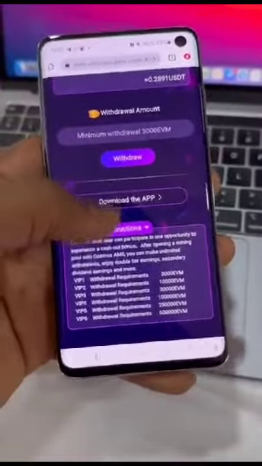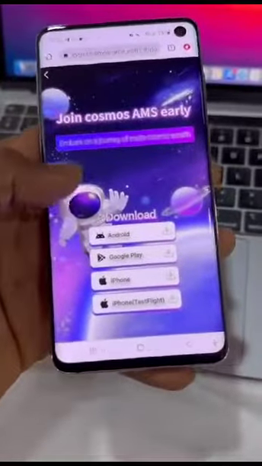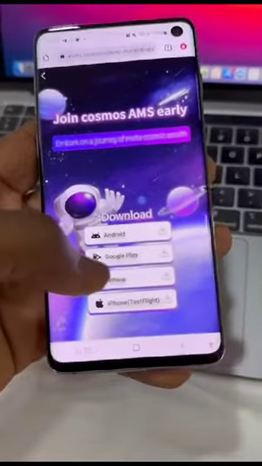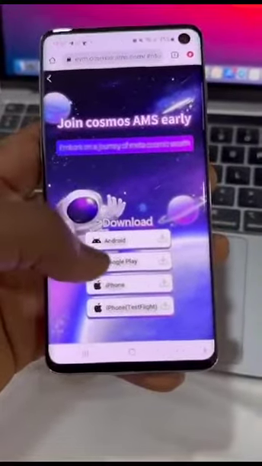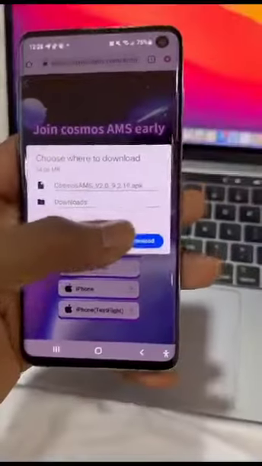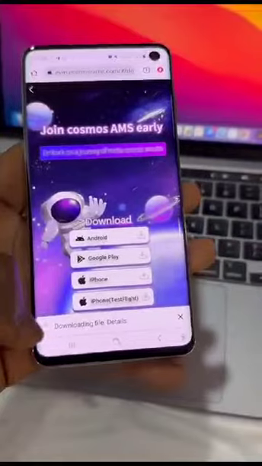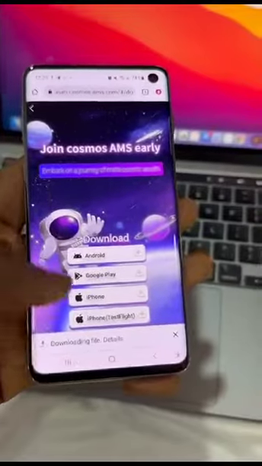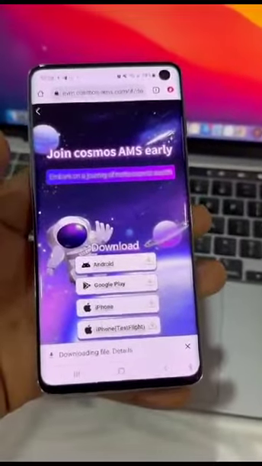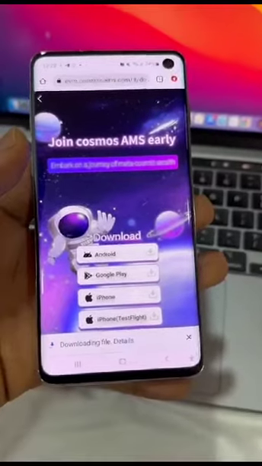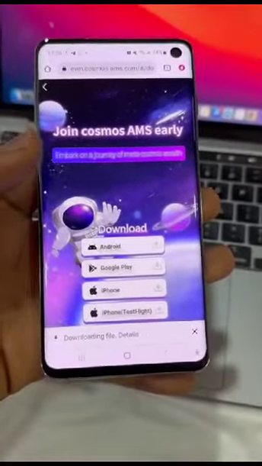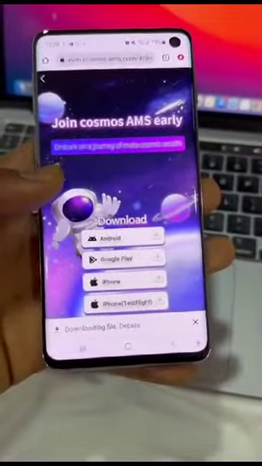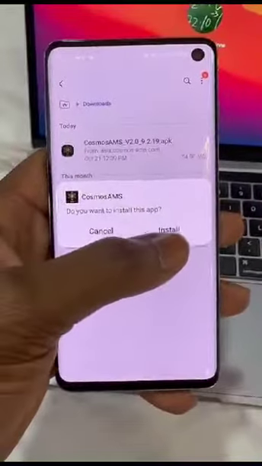But before you withdraw, to download the app, tap this section here. You can see Android, Google Play, iPhone, and I'm going to be going with Google Play to download it. You hit on download, and the file will start downloading. You can see it here. You have to install this app manually by yourself, just in case your Android security stops the app from installing. You can go to your settings and remove that setting so the app can install without any obstruction. I am done downloading the app, and